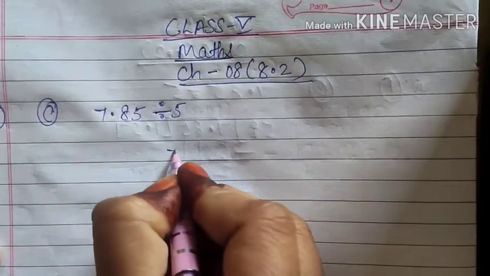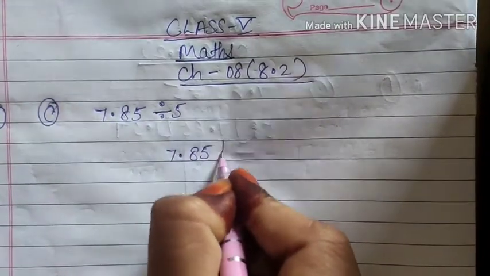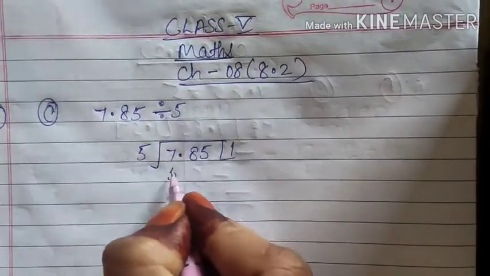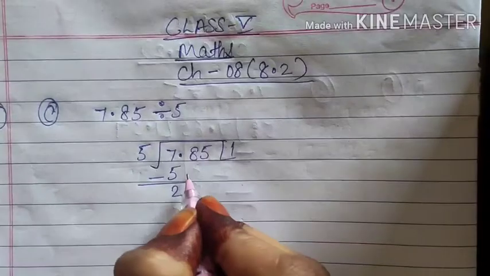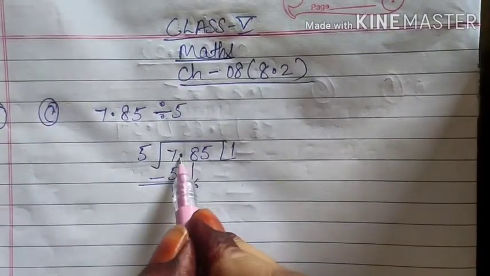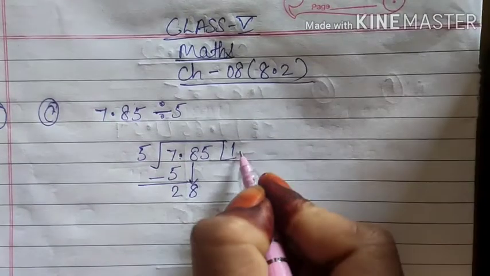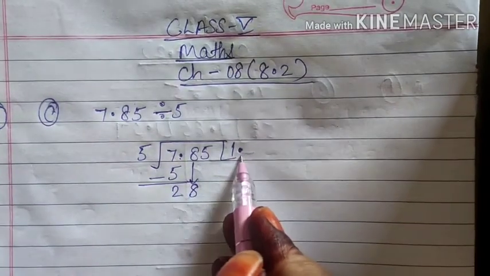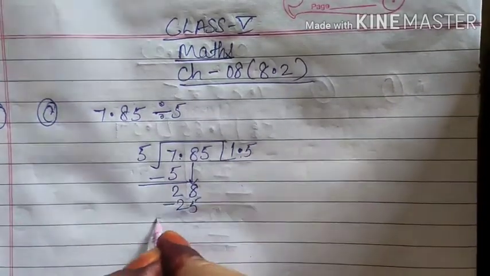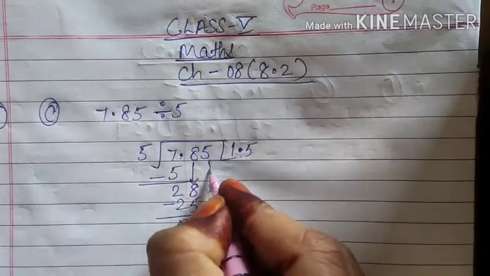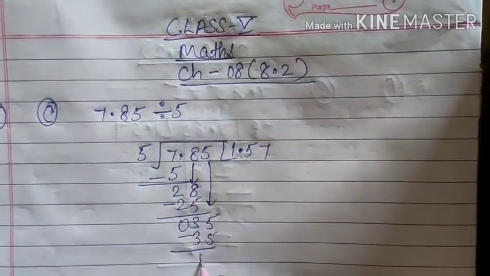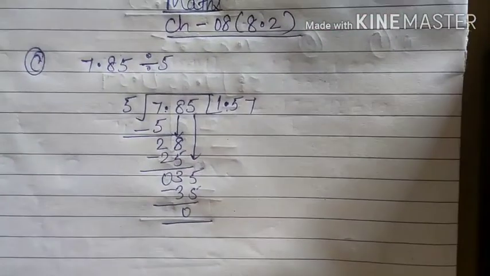As we do simple division, in the same way we will perform it here also. Divided by 5, we know that 5 ones are 5, then subtraction, here it's 2, then we will bring this 8 down. But before this 8 we have a decimal, so before writing the next digit, we will put the decimal. It is 28, so 5 times it is 25, then subtraction, here 3, this is 0, bring this 5 down. 7 times it is 35 and subtraction, and the final answer is 0.